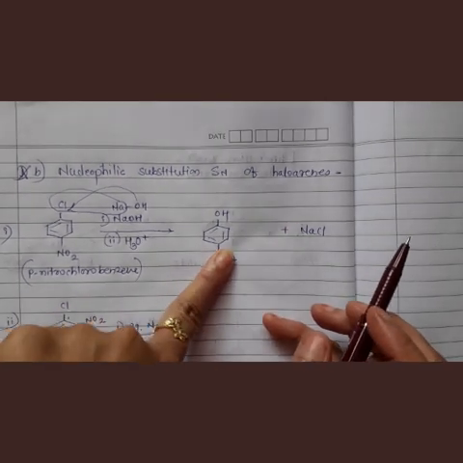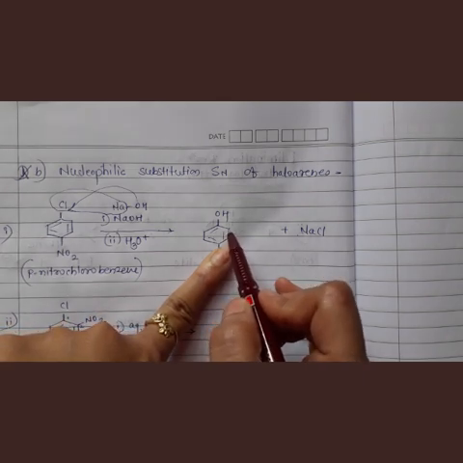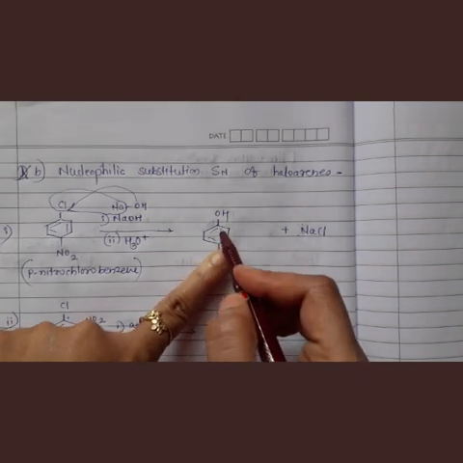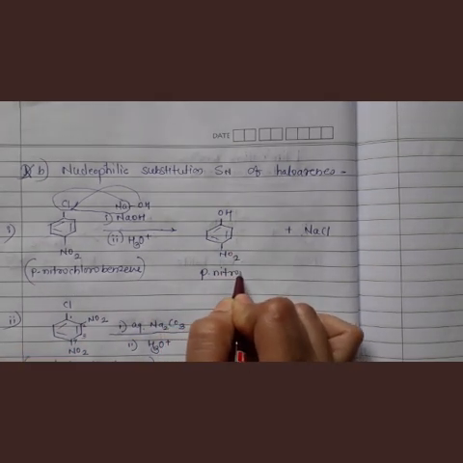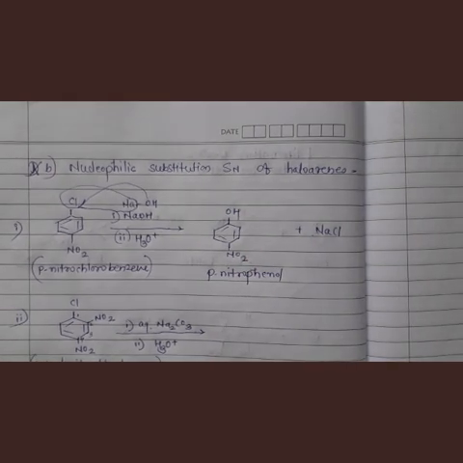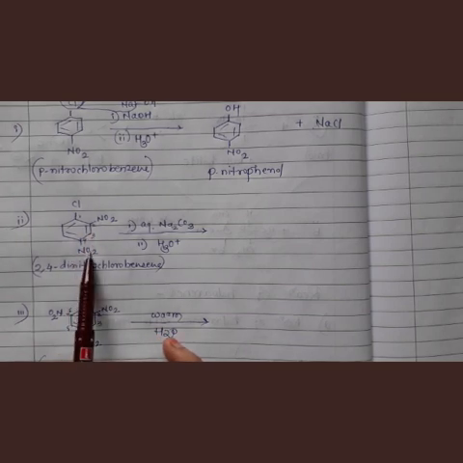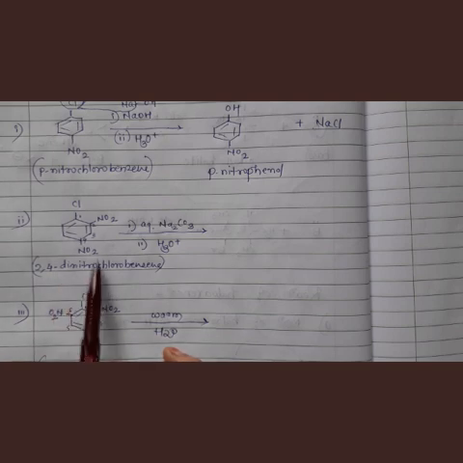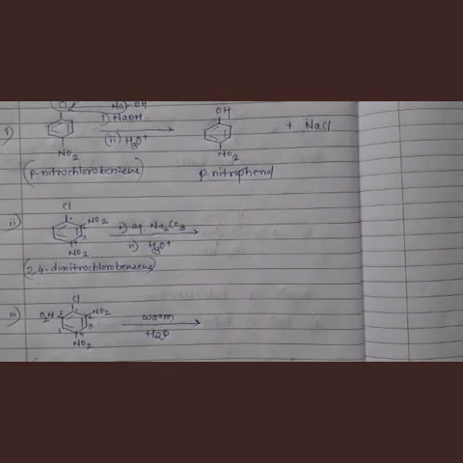But here what is formed? Just forget about this nitro group. What is the name of this compound? It is phenol, right? And in this phenol at the para position a nitro group is present. So it is para-nitrophenol. Understand? In this way nucleophilic substitution takes place in haloarenes. See the next example. Two nitro groups are there on the second and fourth positions, so it is 2,4-dinitro-chlorobenzene.